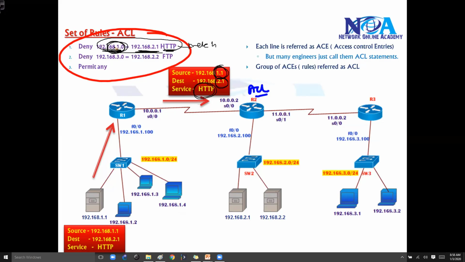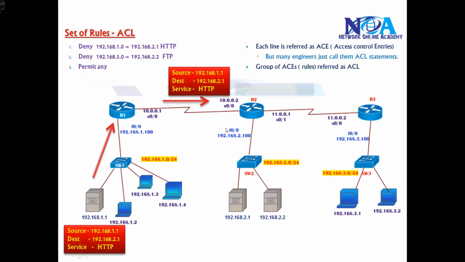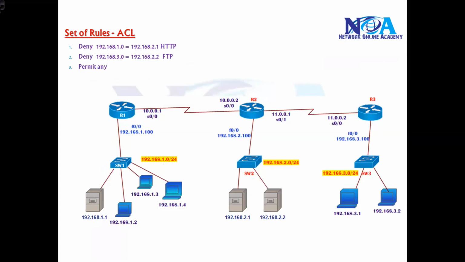And according to this match, my administrator says deny this traffic. Which means what the router 2 is going to do is it is going to drop the packet here. So it matches rule 1 according to our example, and is going to drop the packet on router 2 itself. It will not reach the destination. So similar way, let's take another rule.